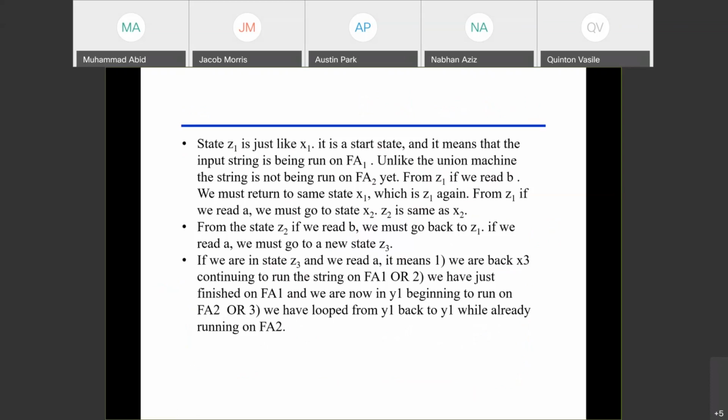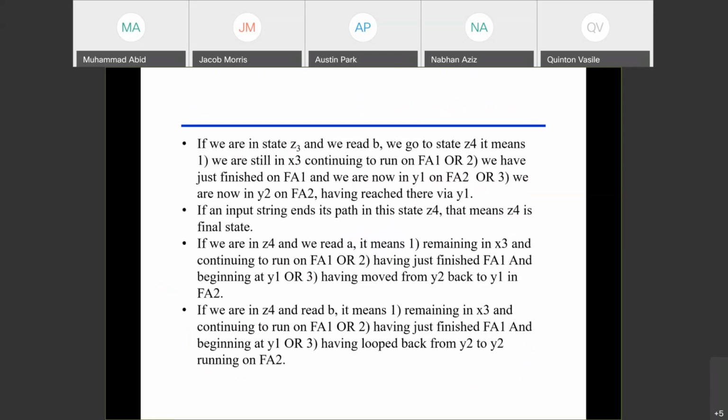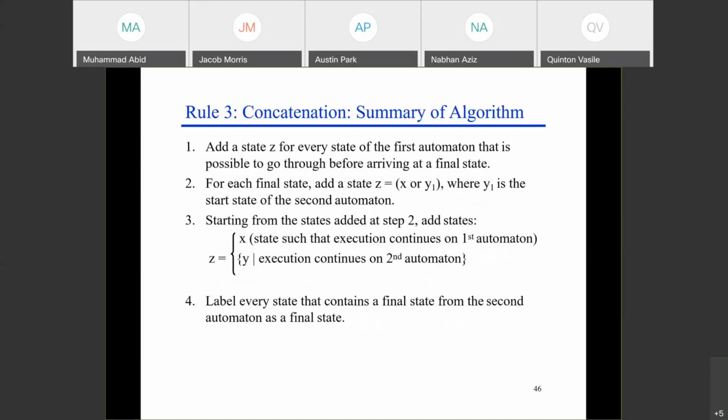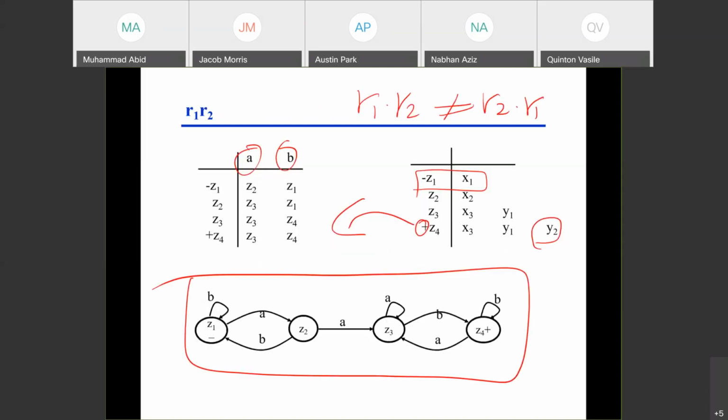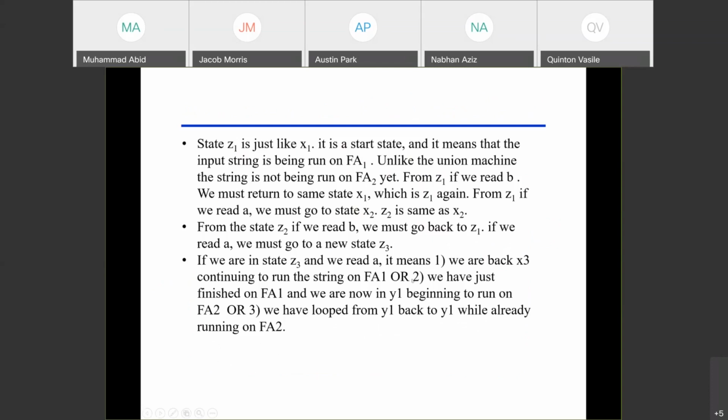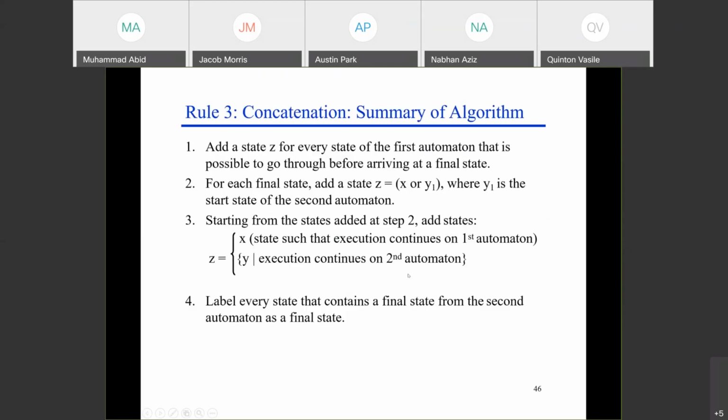I already wrote whatever I explain here also. So you read here, and when you draw that, you don't get lost. If you read this commentary which I wrote here, it will take you to successful generation of both tables. I wrote step by step what I'm doing: how I get Z1, how I get Z2, why I choose Z1 as a start state, why I don't write a Y1 with that, why I choose Z4 as a final state, how I get Y2, and why we are writing Y1. So everything is written here. I wrote that here, and this is a summary of the algorithm,